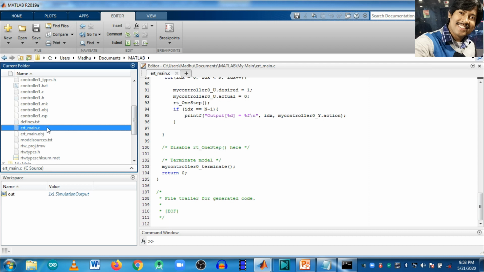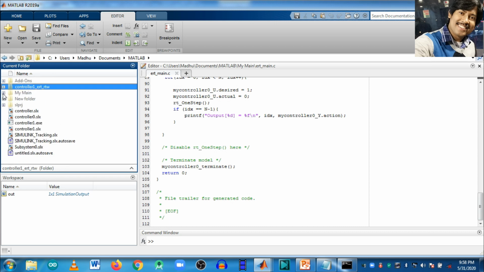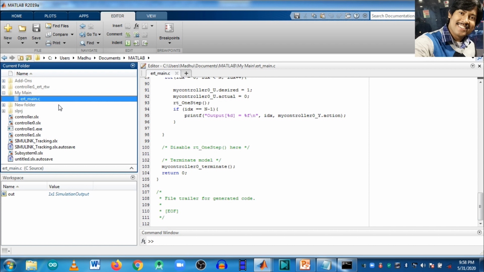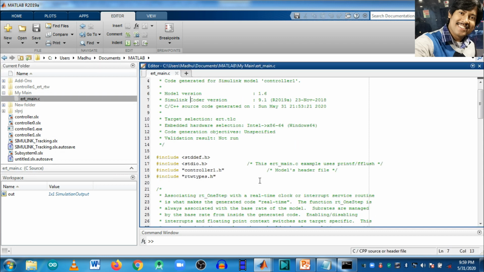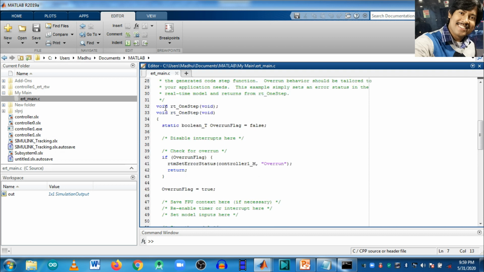This is RT one step. The RT one step function, at every time step, calls the controller. So here it is missing.